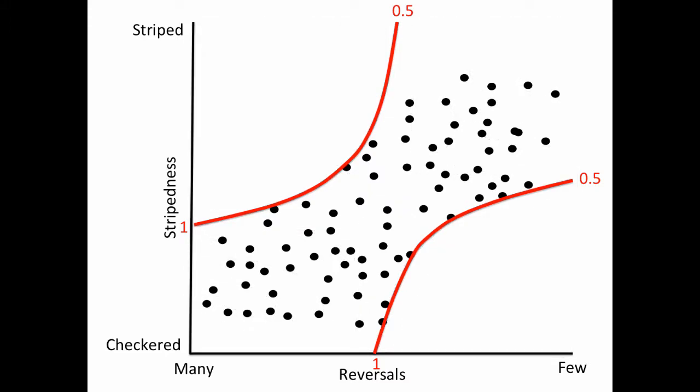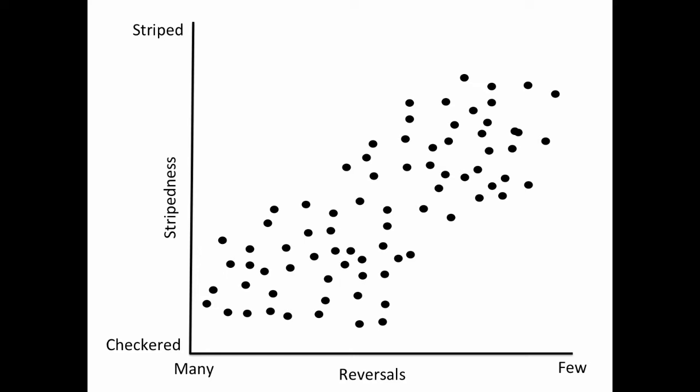because we can get rid of the adaptive landscape and we can get rid of these fitness lines, and what we find is this negative correlation where you have checkered snakes that reverse themselves, and you have striped snakes that don't reverse themselves, and you have a range of individuals in the middle along this kind of ridge of high fitness with low fitness to either side of that. And this leads to a phenotypic correlation that you could observe by just going out, collecting some snakes, running them down a racetrack